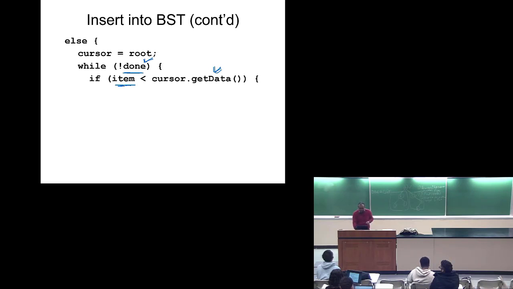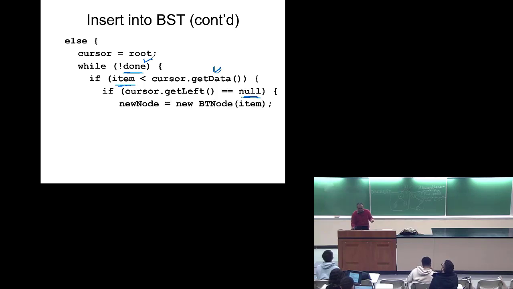Good. So yeah, exactly what he mentioned. If its left is null, then that means we have nothing in there, so we can simply plug it in there. How? We'll simply say, okay, so first create it, because we did not create it outside, right? We'll again create it for this case, new node, and then cursor dot set left new node, and done is equal to true, right? Else,